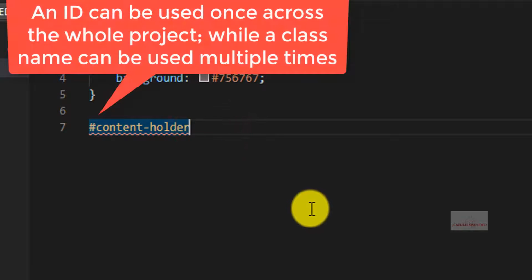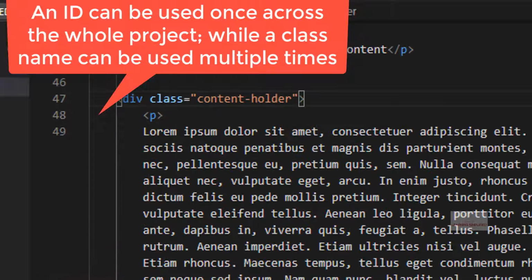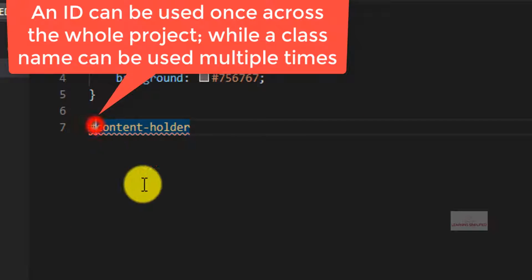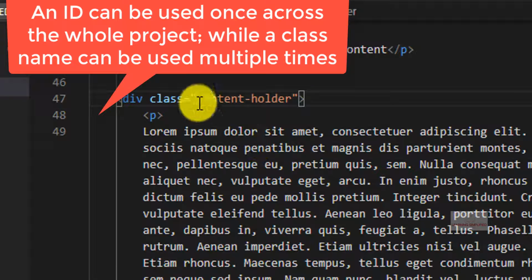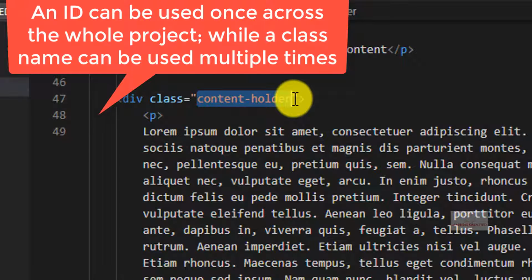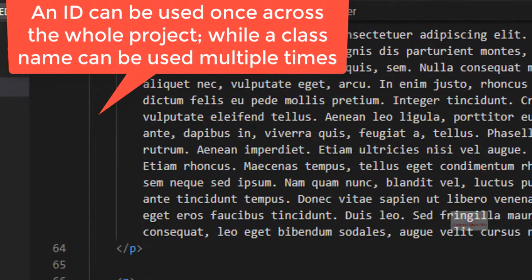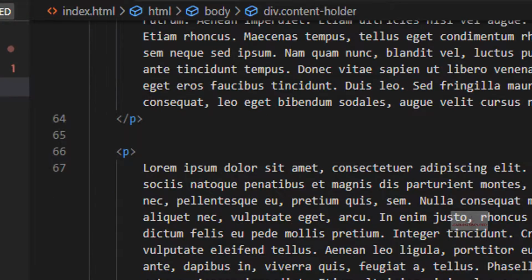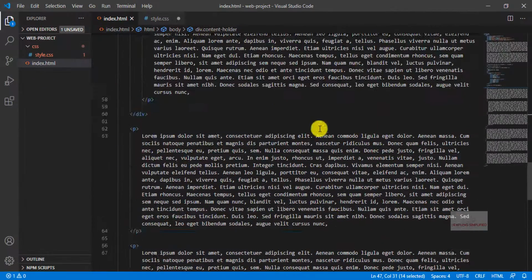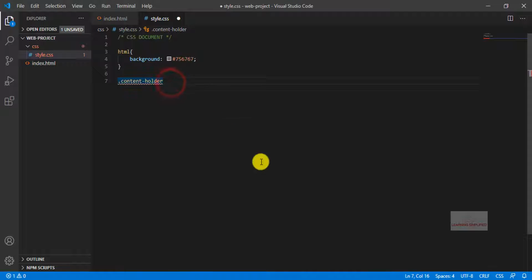An ID can be called in only once in our main HTML document. But if we create a class name, it can be called in multiple times. That means we can use this class name content holder multiple times in this individual HTML document, anywhere we want. So let's head back to style.css, and we have created this class name right over here, this dot